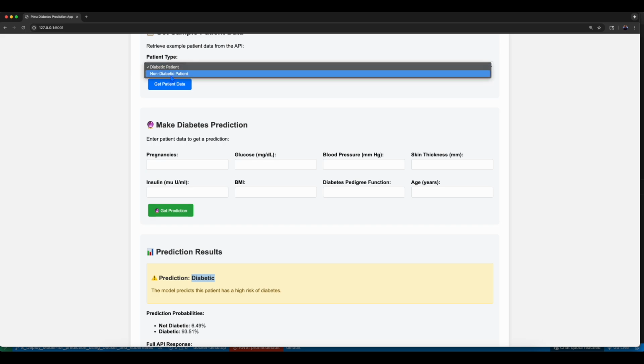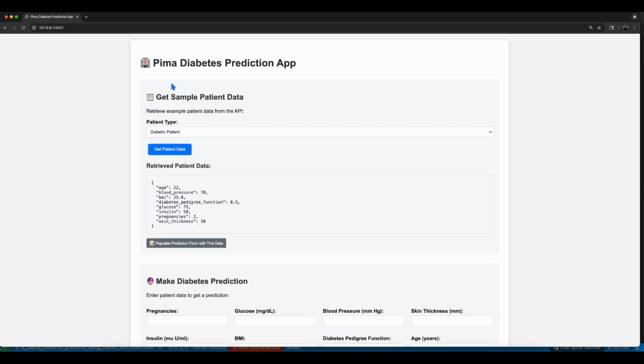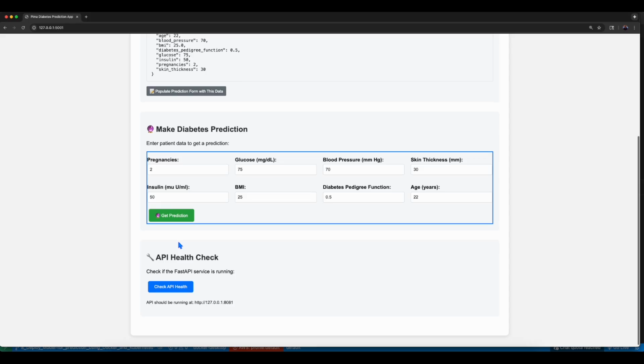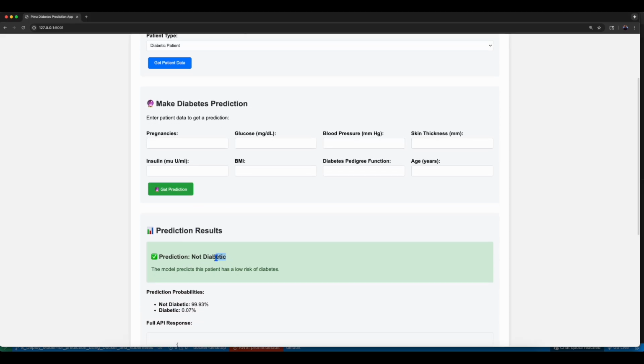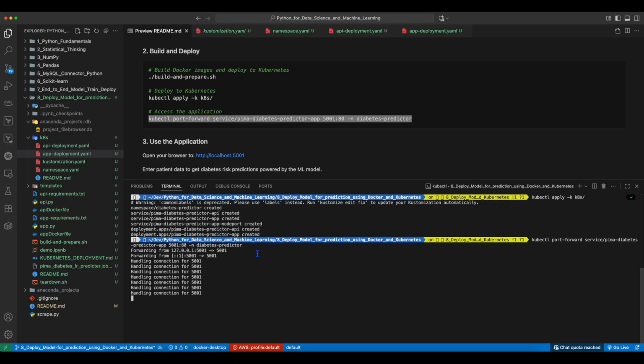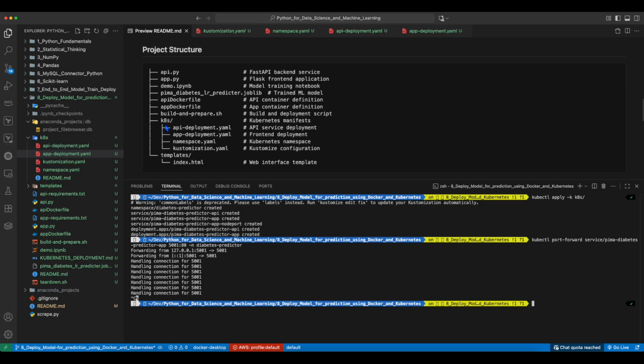Now we'll get patient data for a non-diabetic patient, populate the form, make a prediction, and we see a non-diabetic result. So this looks pretty good. Now let's jump back into VS Code, and I'll go ahead and stop the running process. And in the README,